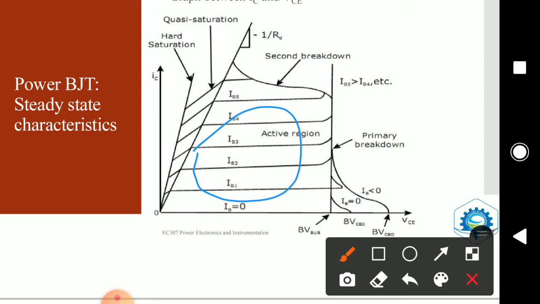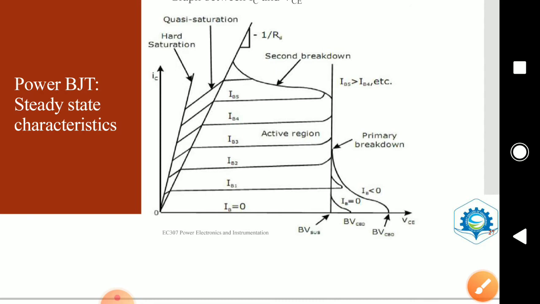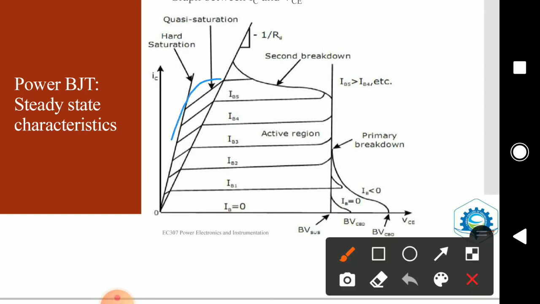The BJT is usually operated as an amplifier in this particular active region. The next region that you have is the quasi-saturation region. During the quasi-saturation region, there will be a lower resistance compared to the active region, and hence the power loss will be low within the quasi-saturation region. This is due to the presence of the lightly doped drift region. And because of the low power loss, the device can turn off quickly and can be used for high frequency